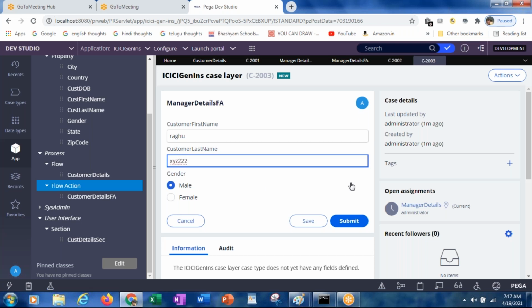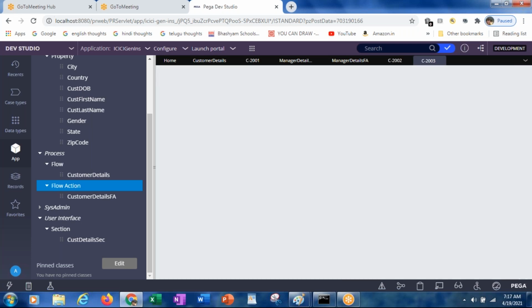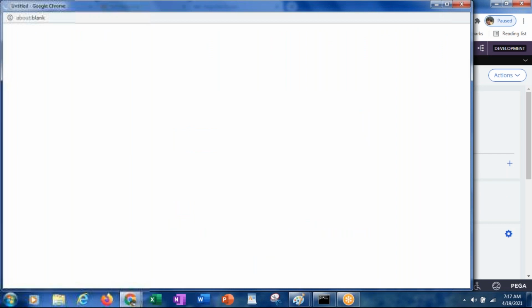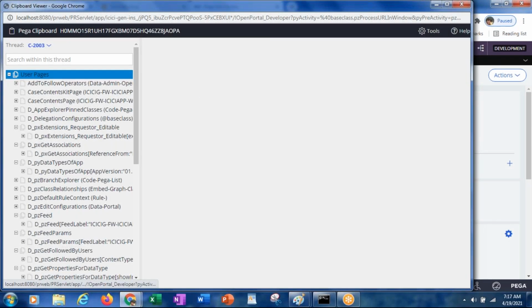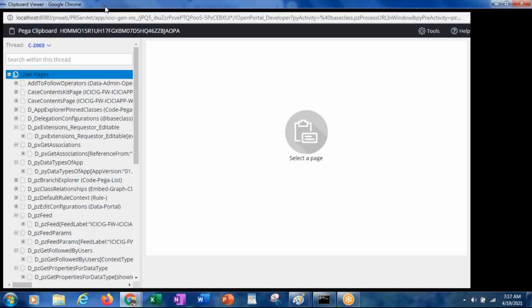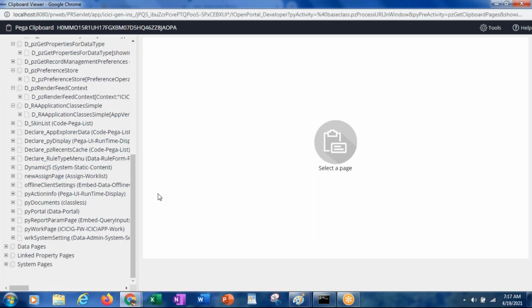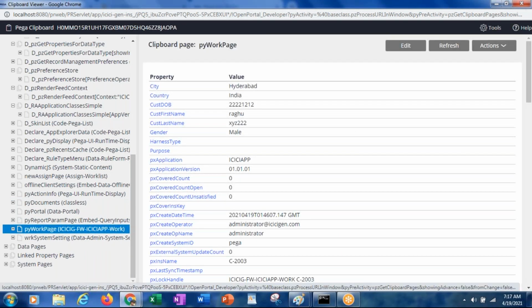I'm updating something else. Now when you click on the save button, and if you go to the clipboard and see, where exactly can we see it? It will be under the pyWorkPage.